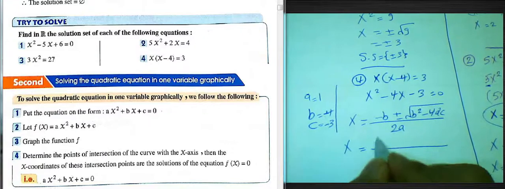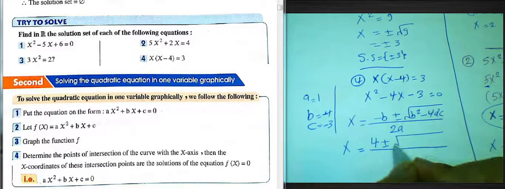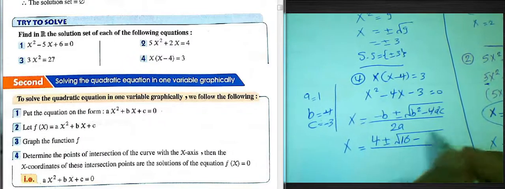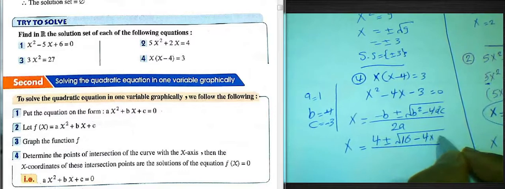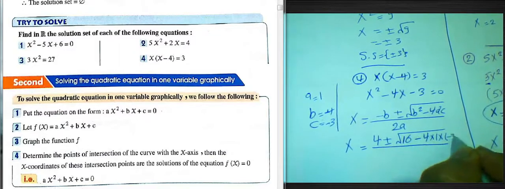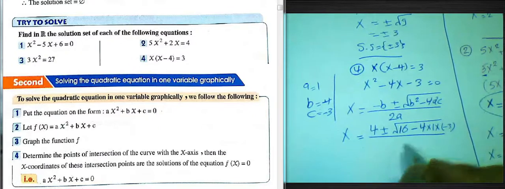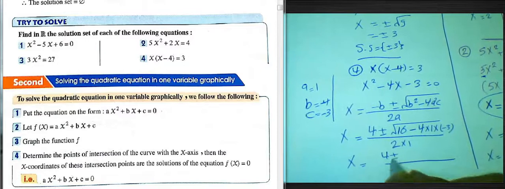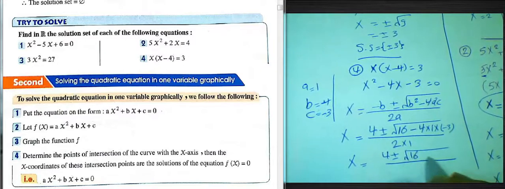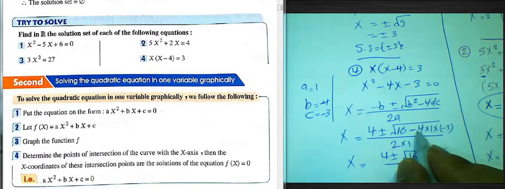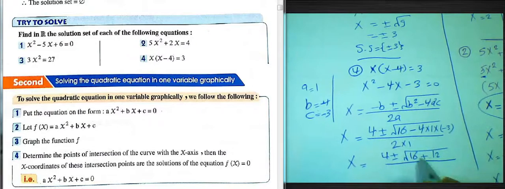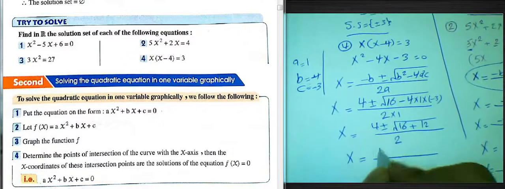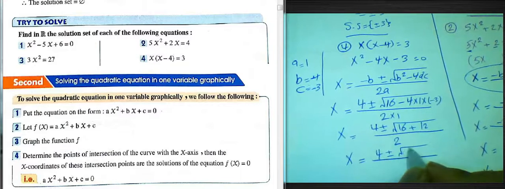Negative b equals 4, positive or negative square root of b power 2 equals 16, subtract 4 times a times c, and write over 2 times 1. So x will be 4 positive or negative square root of 16 plus 3 times 4 equals 12, because negative times negative equals positive, over 2. x equals 4 positive or negative square root of 28